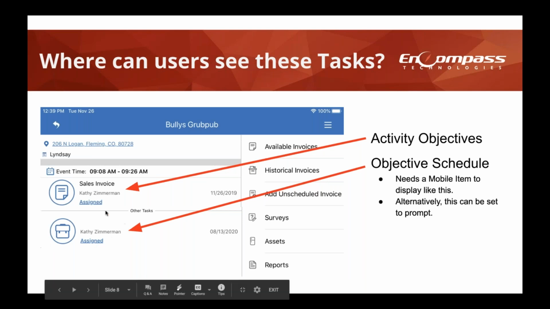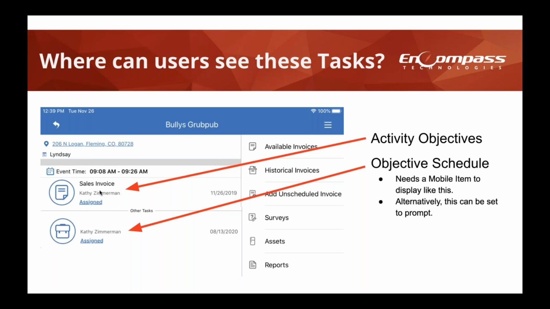That being said, it is, again, very popular for people to also prompt these types of tasks as well. So the action to the user, if they click into this event, is they may be prompted immediately for that task. They would take that survey, and then once they're done with that survey, this would already be marked as complete, and they would go ahead and just proceed forward with their activities objectives.